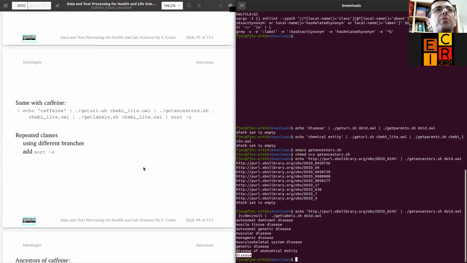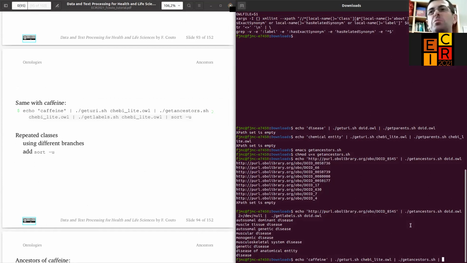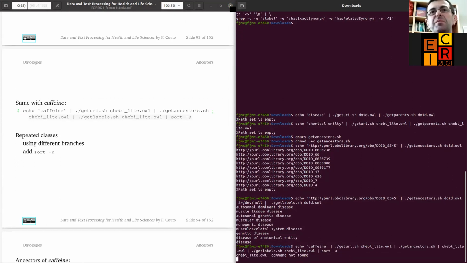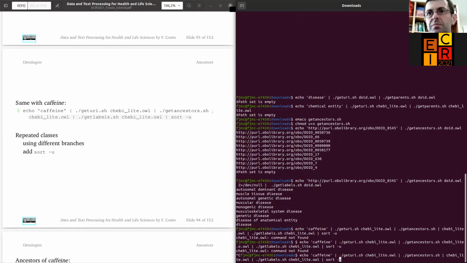We can also do the same for caffeine. Since this is a recursive script, this is not quick. This is a very large file, but I will just put it here and it will work after some code copy and paste. Here, get ancestors, get labels, okay. No, I just copied two times, sorry. Get URI, and